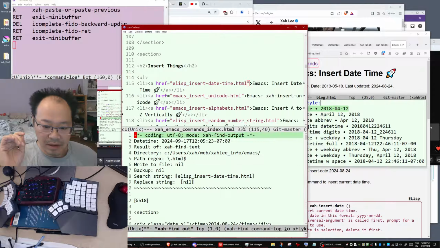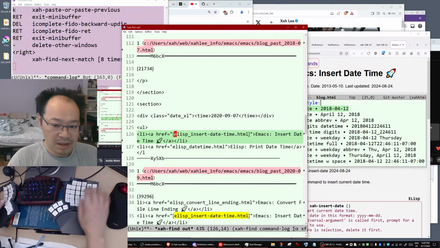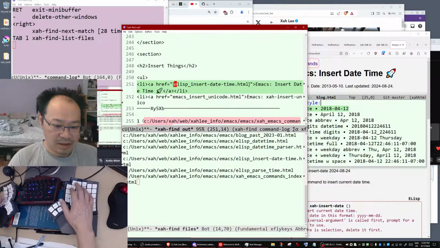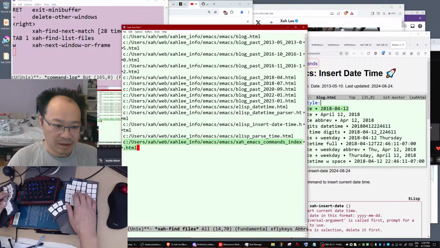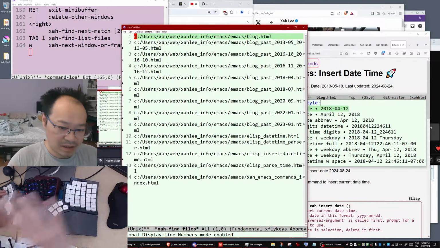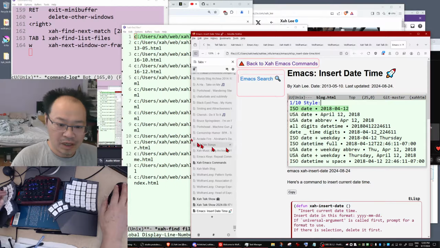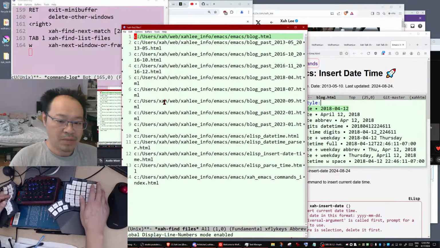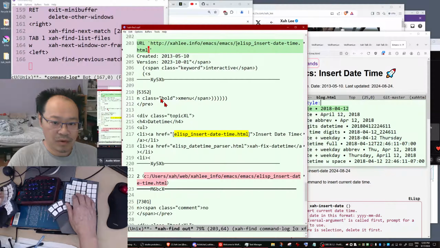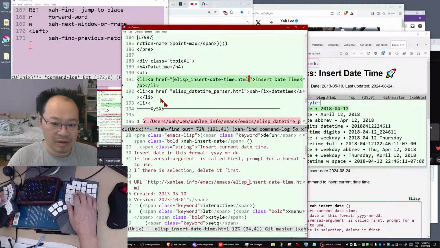Is it going? Yeah, okay. So you can see here are all the occurrences. So show all the file paths. You can see you got 14 files. In this case, 14 files link to this page. So if you want to rename the title of this page, that means you need to rename each and every one of these occurrences.